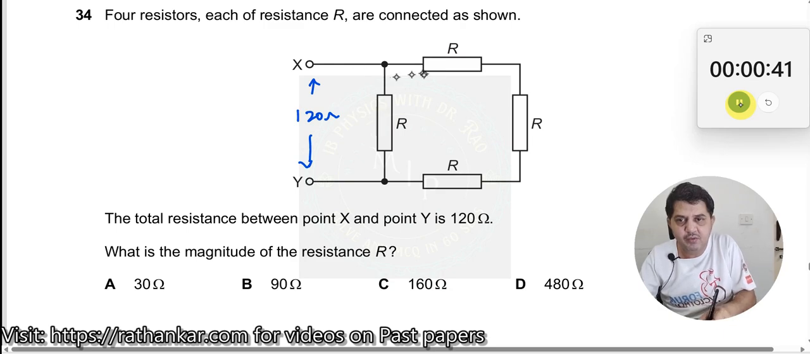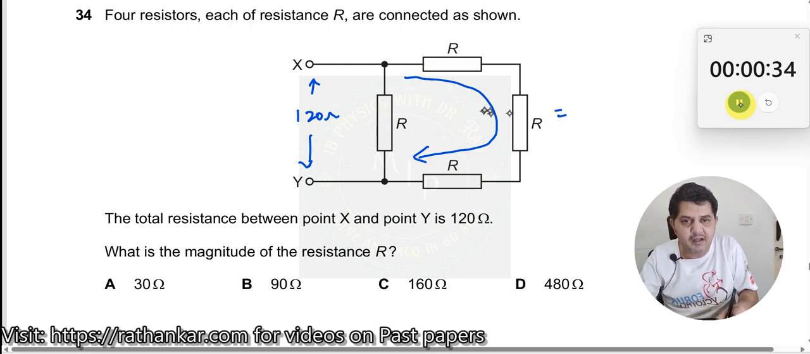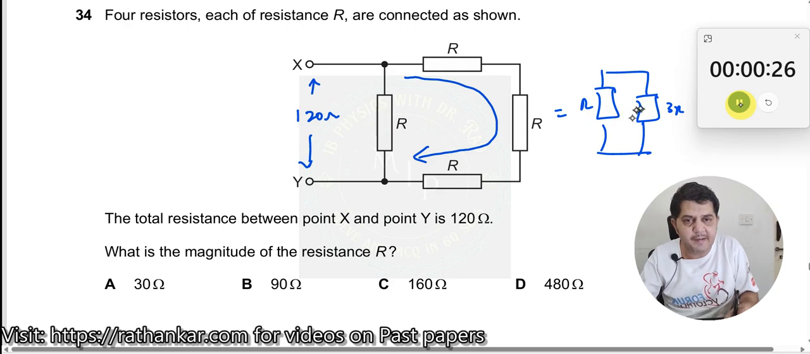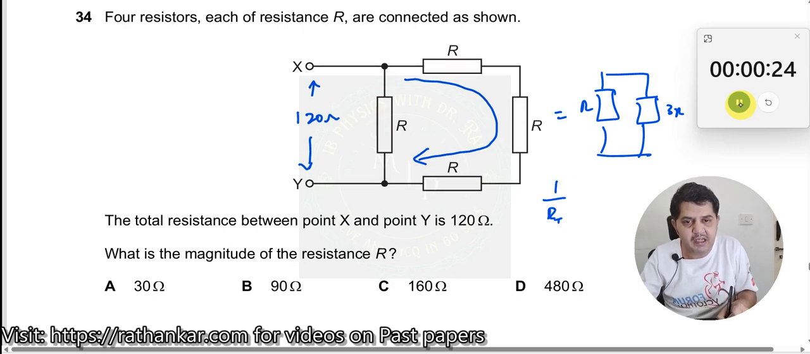See, now this part of the circuit is seen to be in series, right? See, this R and R. If I now write it across, I can now write this is my R. This should be 3R, right? So therefore, now 3R is parallel to R. So which means 1 by R total is equal to 1 by R plus 1 by 3R, which should now